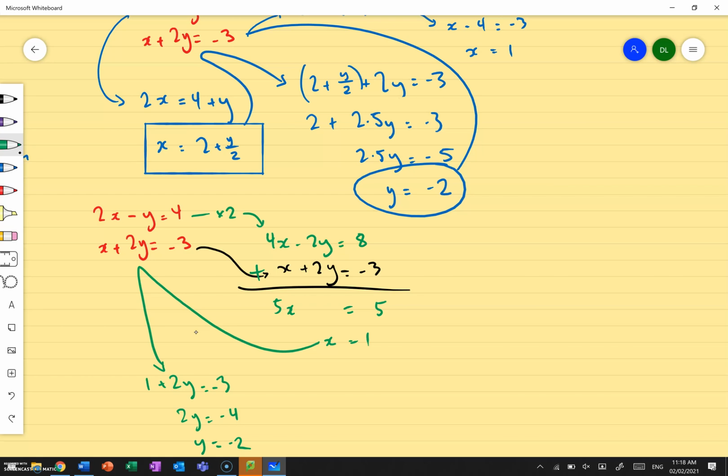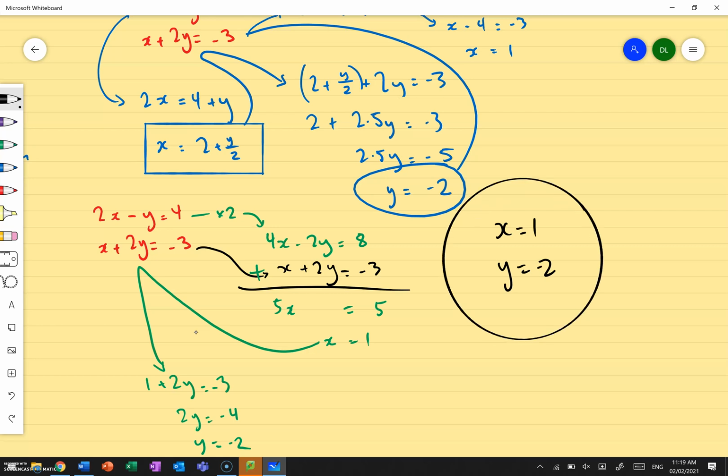Now, what does this mean? If I've got x equals 1 and y equals negative 2, what does that mean? Yeah. Those are the coordinates where they cross over. Lovely. That's where those lines will cross over and intersect. So when we do graphing equations later on, linear equations, quadratic, whatever it is, when we graph those lines, whenever we solve them as